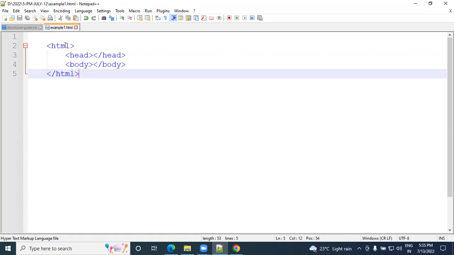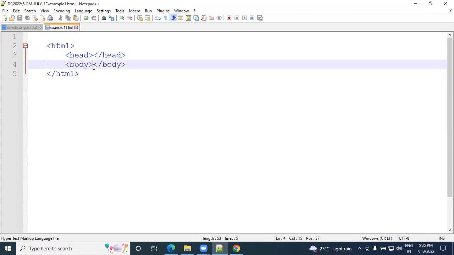Where HTML starts and where HTML ends, it's called a document in terms of JavaScript. And the document will split into two parts. One is called head, another one is called body. Now, what is the use of the head? What is the use of the body? We are going to discuss that. But till here, you are 100% sure, yes, if the tag is open and closed, it's called a dependent tag. Okay. Now, coming to the next,